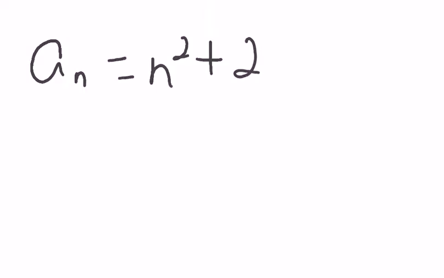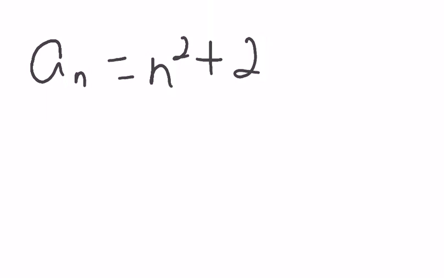The first one is write the first 5 terms of the sequence. And so the sequence is given by a sub n, which is n squared plus 2. So it's kind of like a little formula or a function that you're going to follow. So if I want the first 5 terms, then I'm going to plug in 1, 2, 3, 4, and 5